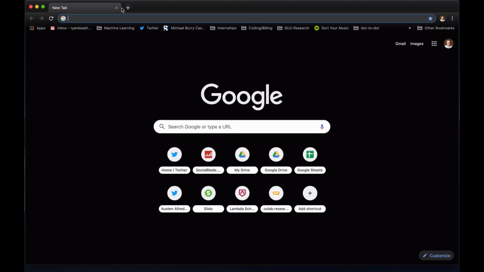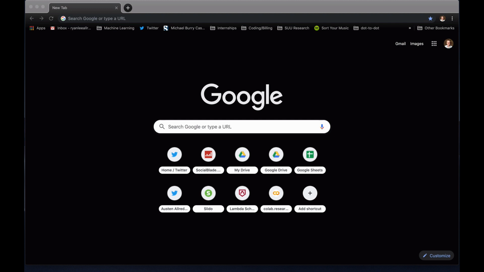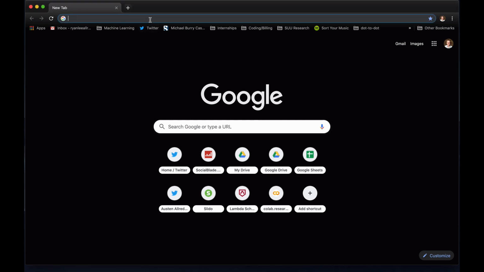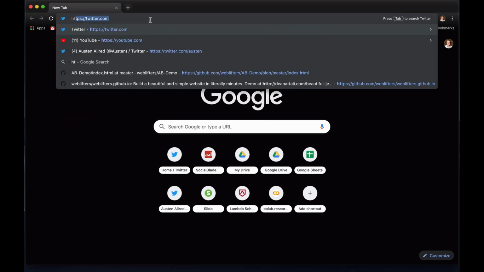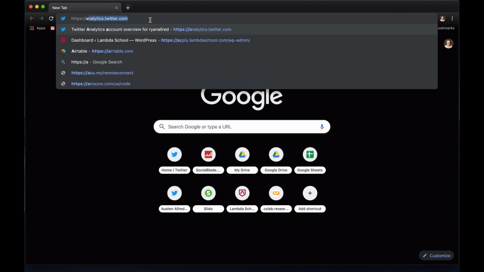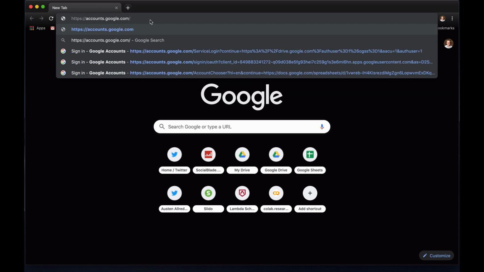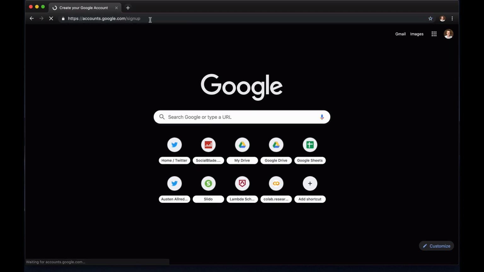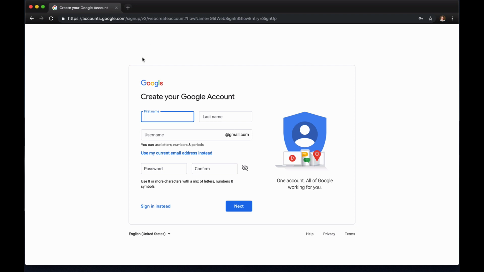Pull my window over here. Now, if you don't have a Google account, what you're going to want to do is go to https://accounts.google.com/signup. You'll see that I'm already logged in, but if you don't have a Google account, this is probably the best place to get signed up. This link will also be in the text below the video if you weren't able to follow along with what I put up here. Again, it's